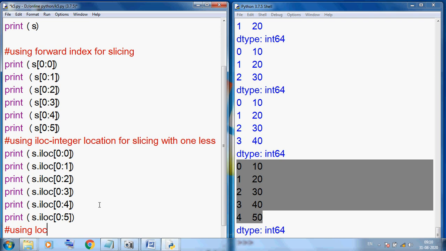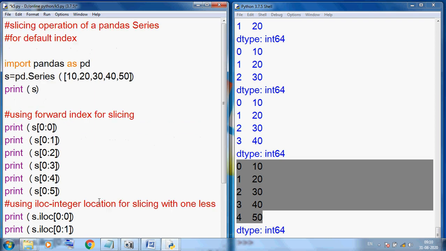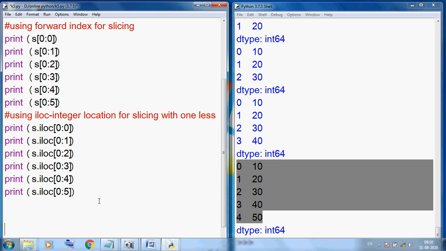Work with label index. Okay, so for this purpose we can use our label index program. Here I am writing s is equal to pd.Series, for label index slicing operation.